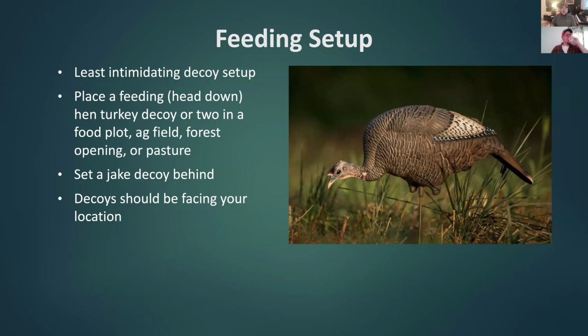If I'm going to set up decoys on a roost, typically it's going to be something like this, where I'm setting up a very unassuming decoy setup. I'm just going to have maybe one hen out there feeding in a field. Maybe I'll put a Jake behind her in pursuit, 5 or so yards behind her, just to give a little bit of motivation for another Tom that might see it. He goes, oh, she's already got a male with her.